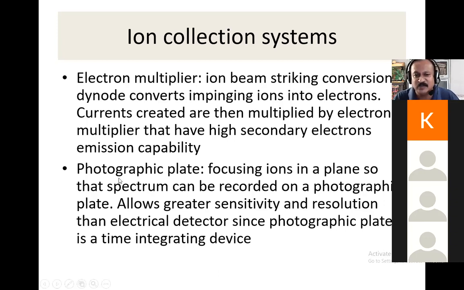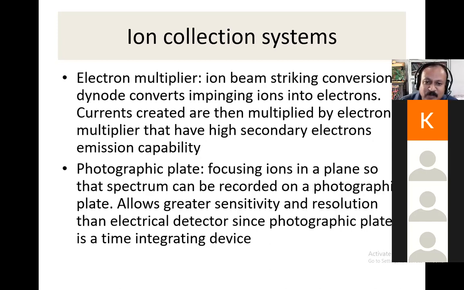Another kind of detector is of course a photographic plate, which is a time integrating device in the sense that if you allow the ions to fall on the plate for a longer time, it is going to give you a more intense signal. The photographic plate is exposed to the ions. When ions fall on the plate, that causes reduction of the silver halide on the photographic plate, and therefore the color will change. We get black coloration because the silver will be reduced, and the black spots indicate that the ions have fallen on that photographic plate.